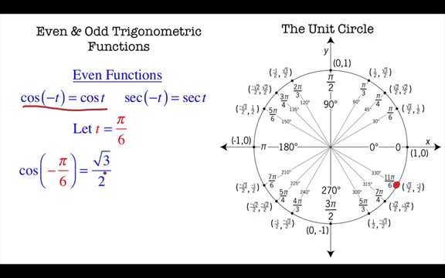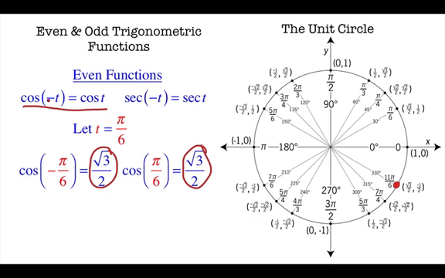This is what the formula is saying. So we compute cosine of pi over 6. Cosine of pi over 6 is radical 3 over 2. These values are the same. The formula tells us so, but this is why it happens. This is why we call this an even function. I'm not going to show you an example for this one, but it's very similar to cosine. Let's move on to